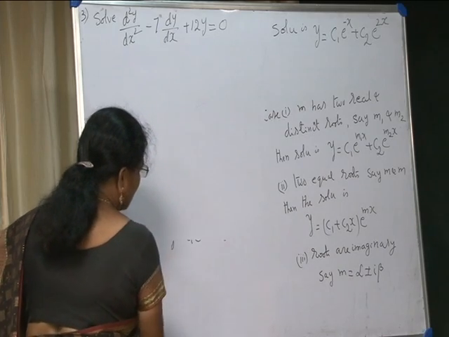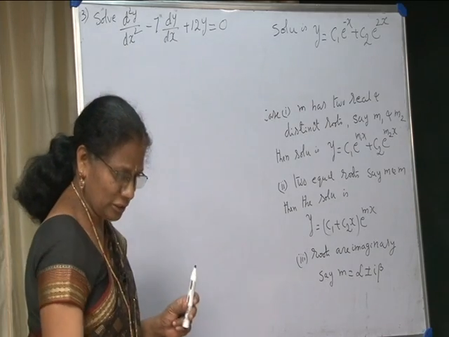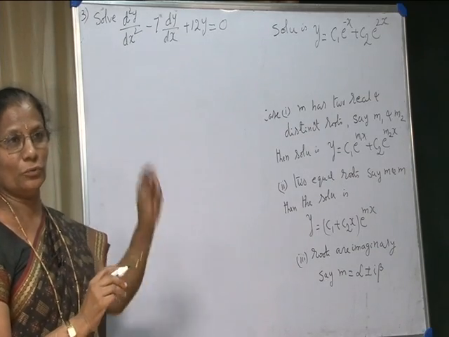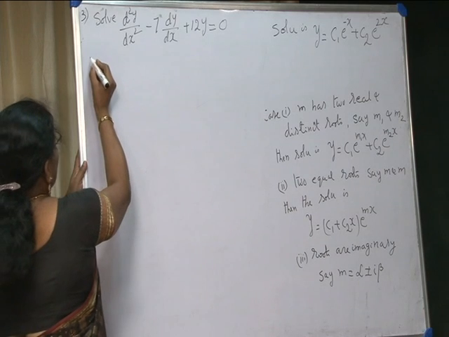These problems are very simple. If you know the quadratic equation and how to solve the quadratic equation, that is enough to find the solution of the differential equation. Solution: